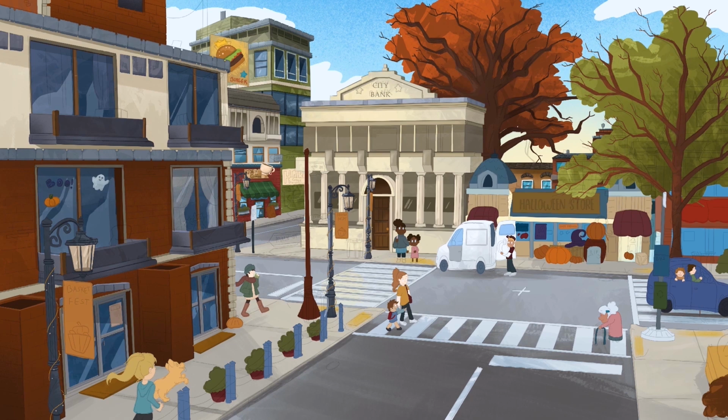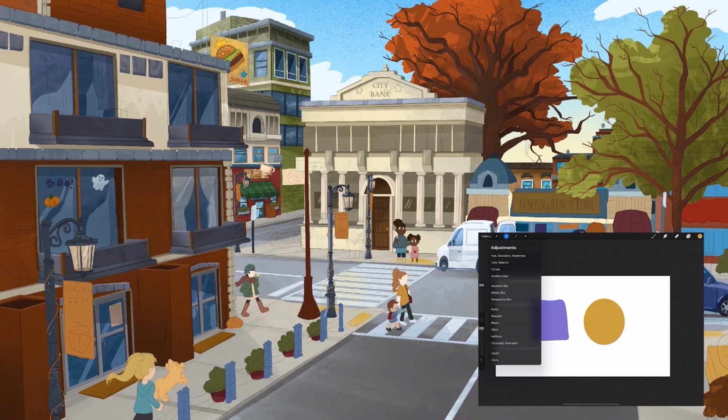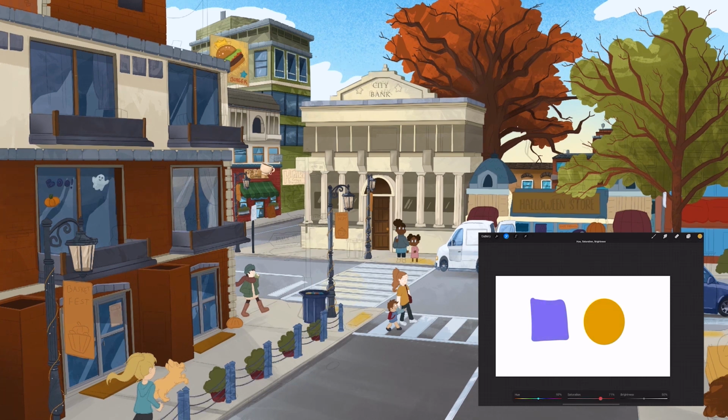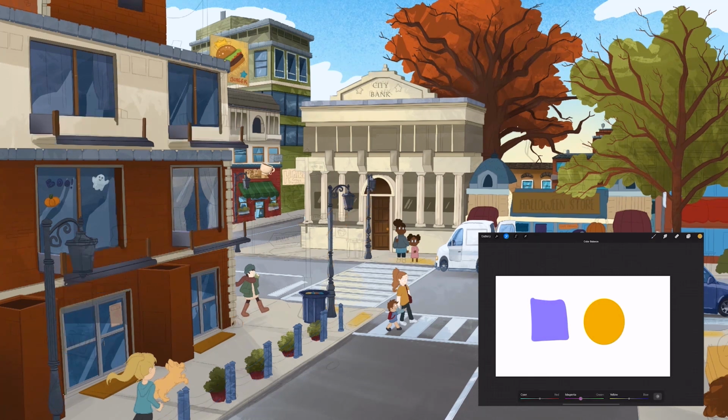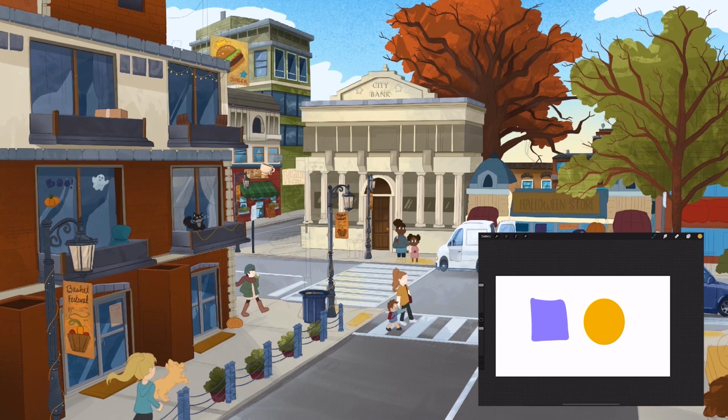I tend to lean more towards natural looking colors when placing them in the scene. I also use the adjustment layers a lot to brighten up my colors a bit. Sometimes when you're coloring a scene for so long, you tend to accidentally dull the scene. Just going through the layers and using the hue, saturation, curves, and contrast help push objects back into the scene and bump certain objects to the front. Procreate also added in some new filters that are pretty cool, but for the scene, I didn't mess with those